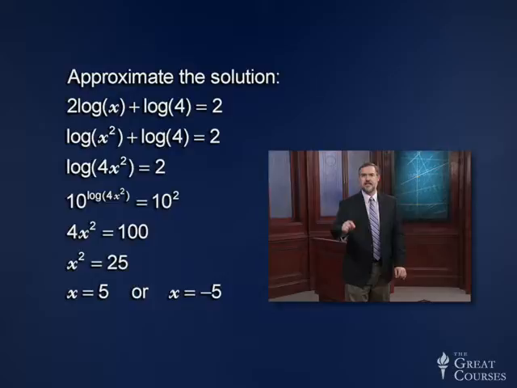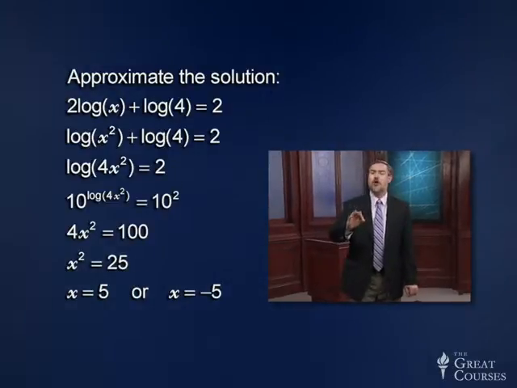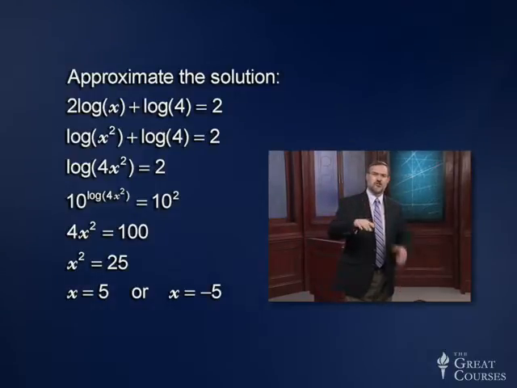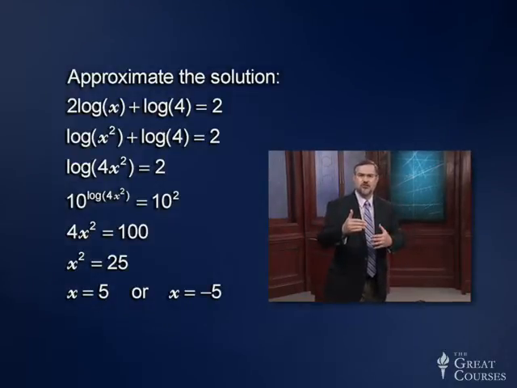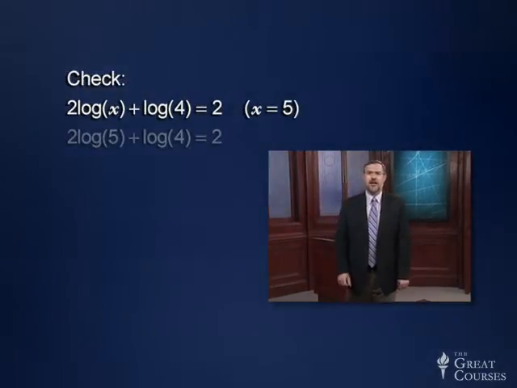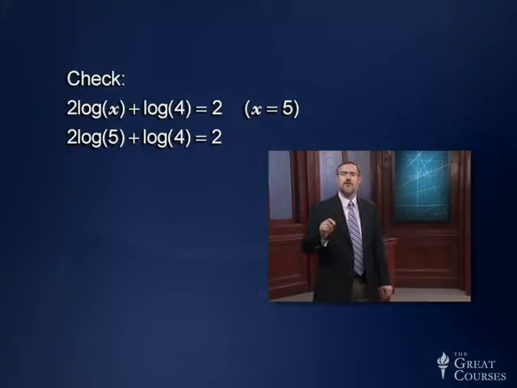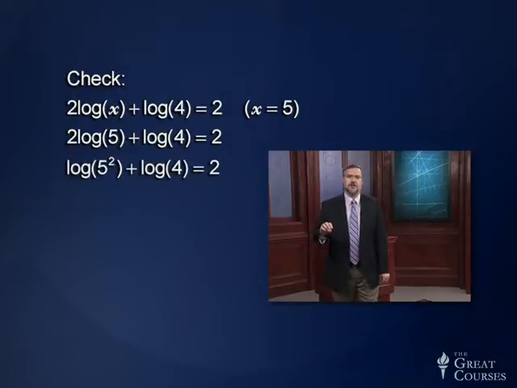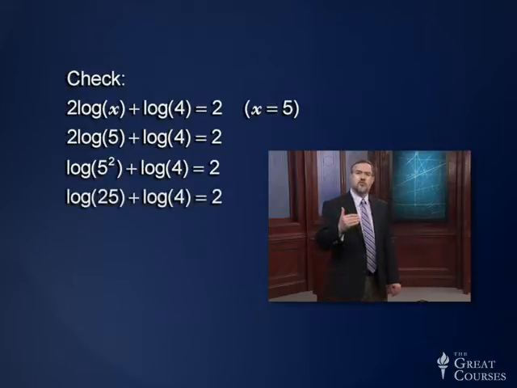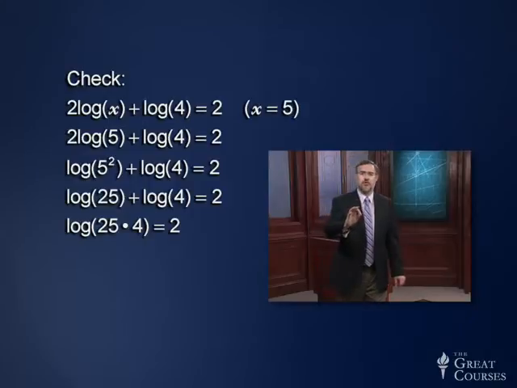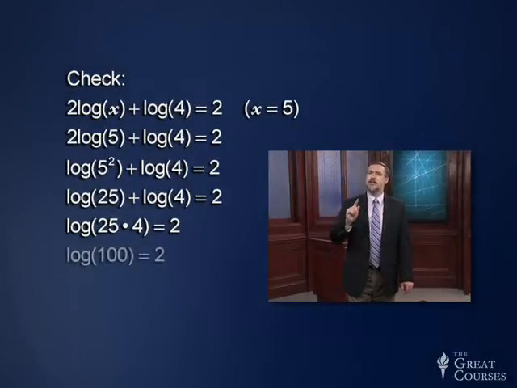Now, I definitely need to check these answers because I might have what we called in an earlier lesson extraneous solutions. In other words, numbers that sneak in and act like they're solutions when they really aren't. So let's plug these in. When I plug in x equals 5, I'm going to have 2 times log of 5 plus log of 4 equals 2. I'm plugging that back into the original equation. And that's the same as saying log of 5 squared plus log of 4 equals 2, or log of 25 plus log of 4 equals 2, or log of 25 times 4 equals 2, and that's saying log of 100